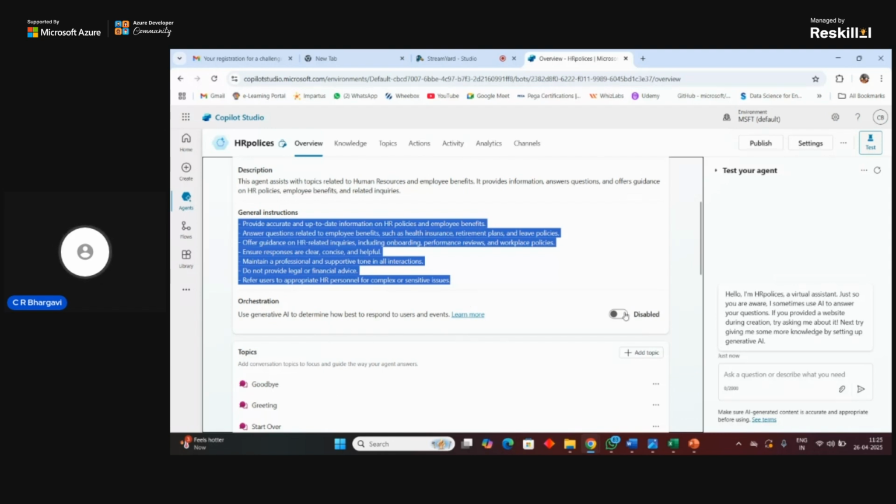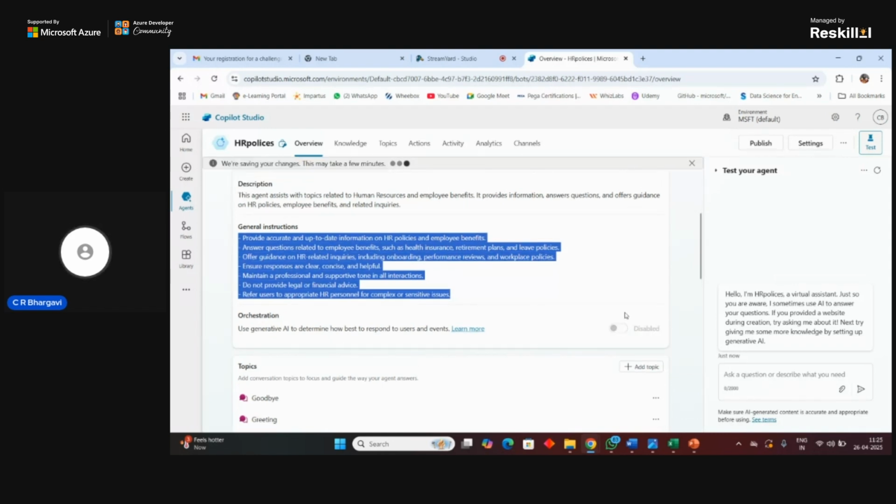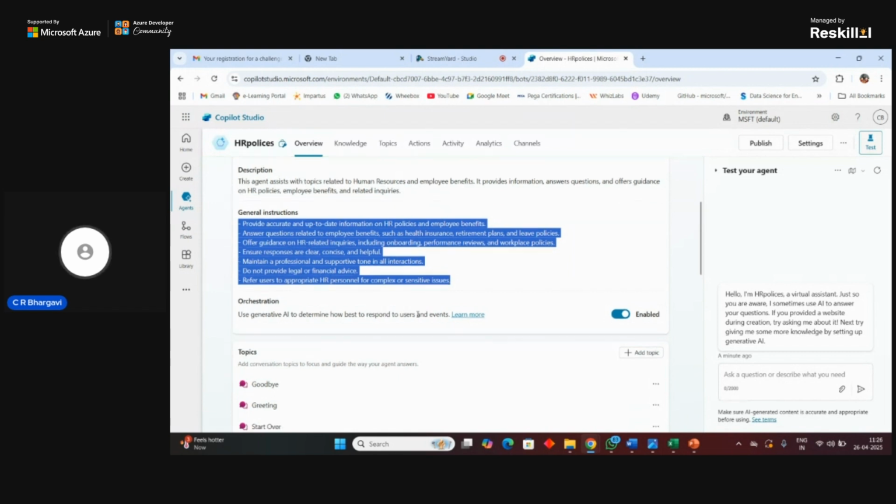There are options that when you want your agent to have the generative AI capabilities added as well, then you can enable it. So what it does is it would be prompting you an option that it can answer by itself.